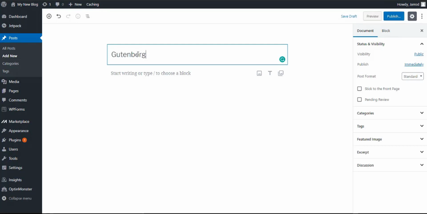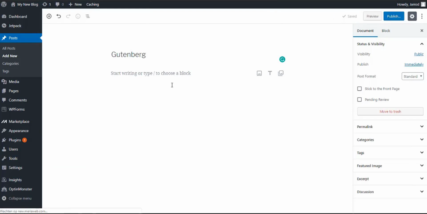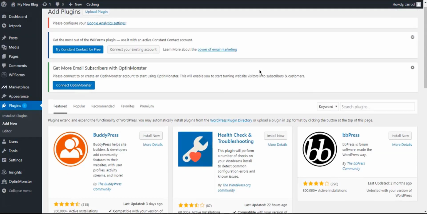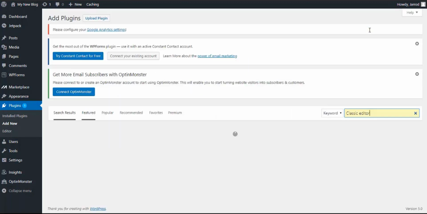So right over here you have Gutenberg, and you can enter there text and your title and an image if you want, but I'm gonna show you only how to install the classic editor. So I'm gonna go to plugins and add new, and right over here I'm gonna search for classic editor. This is a normal editor,